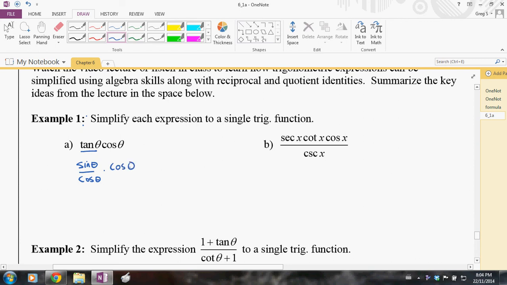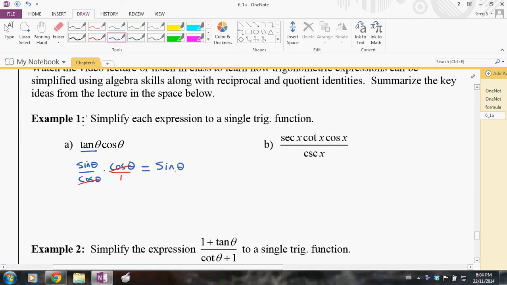Okay, so everything else that we've done thus far is leading up to this, because this was our objective: to be able to simplify expressions using those reciprocal and quotient identities. So we took this quotient identity, tan is equal to sine over cos, and then we can say, hey, this looks just like we did before. If you want to, you can think of this as cos over 1, so you've got these two fractions, and if you have something in the denominator and something in the numerator, really what I'm doing right here is dividing both the numerator and the denominator by cos, right? So my answer is going to be equal to the sine